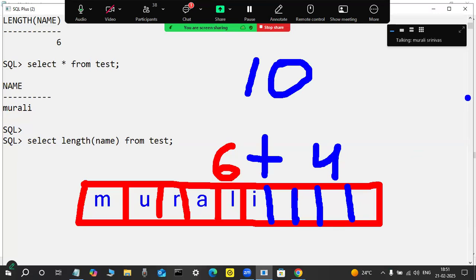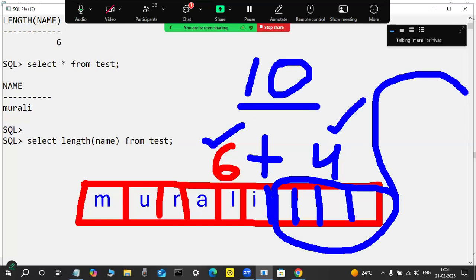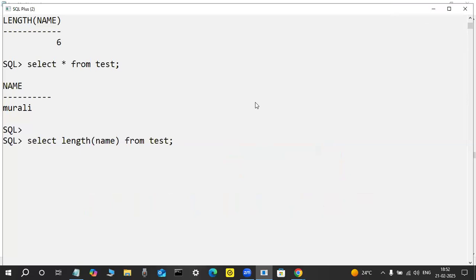That's why the length function is the same as the string length function in C language. It returns the total length of the string including spaces. Here these blank spaces are also calculated. That's why 4 bytes are there plus 6 bytes filled. That's why 10 is the output. Correct answer 10. In the previous case it was 6, but here 10. Whenever we try to store,